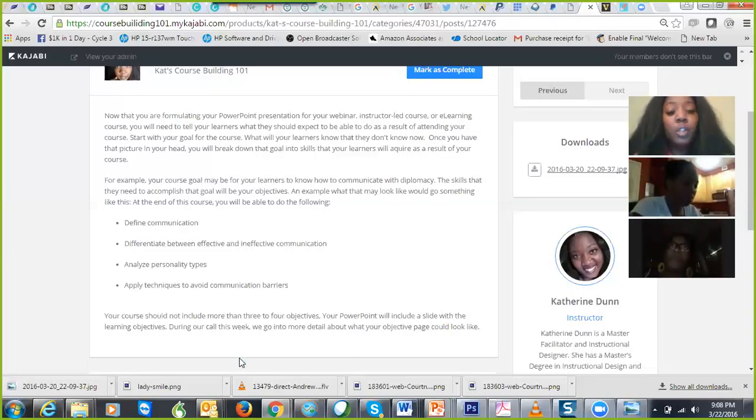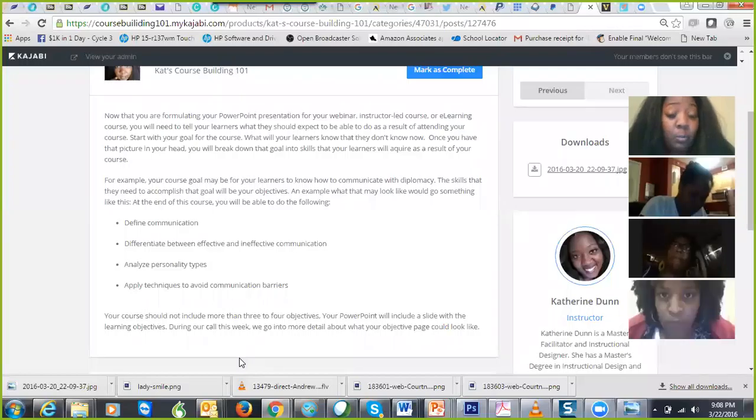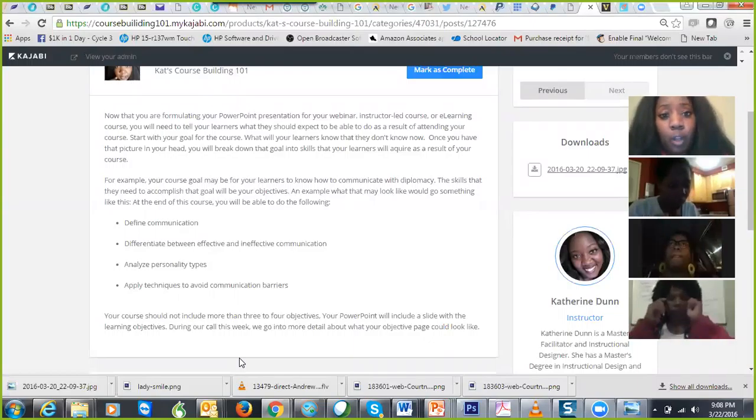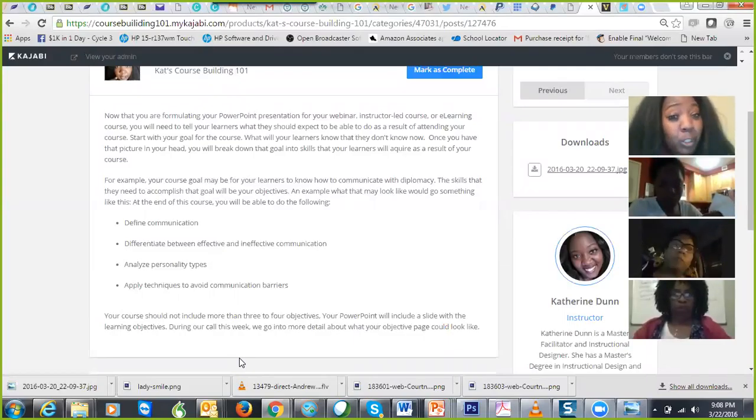So here we are starting to work through the template items, right? From the download that I gave you last week for what you should be including in your class. So you definitely want to include learning objectives, which is why I put it number 2, because if you don't know what you're going to teach your